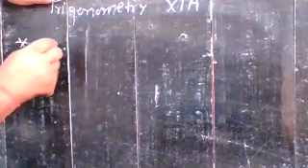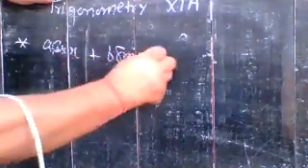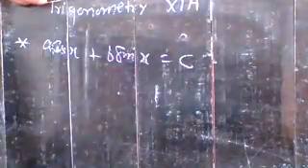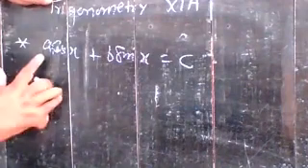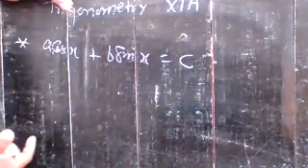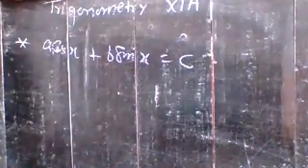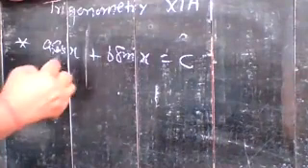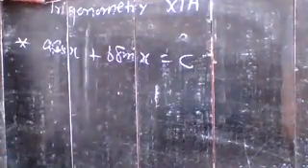That is an important point. Suppose you have a term like this: a cos x plus b sin x is equal to c. Here c is any constant number, and a and b are also constant numbers. Your aim is to convert this entire expression or equation in terms of cos only. If you want to convert the complete left side in terms of cos only, what do you do?